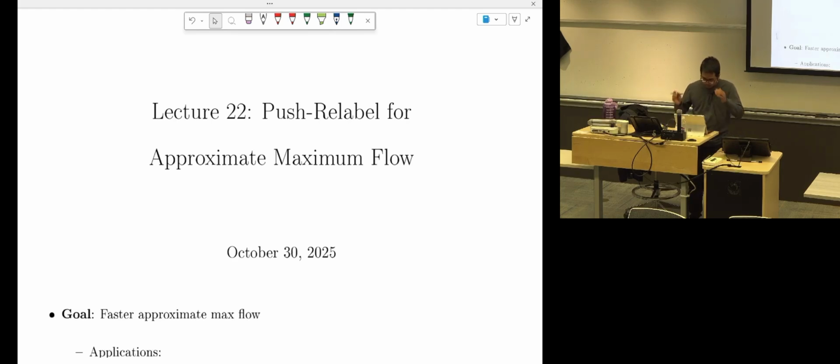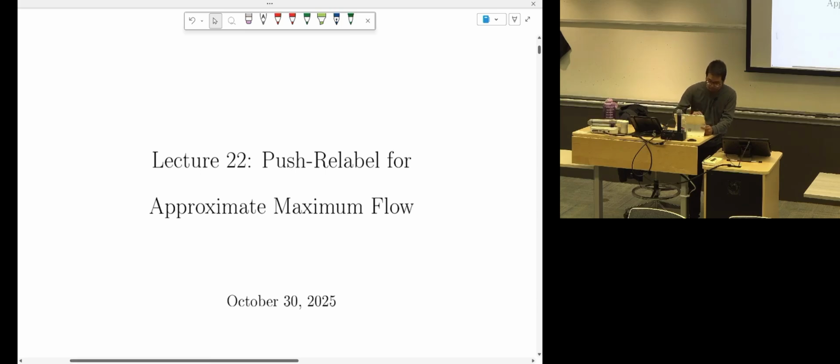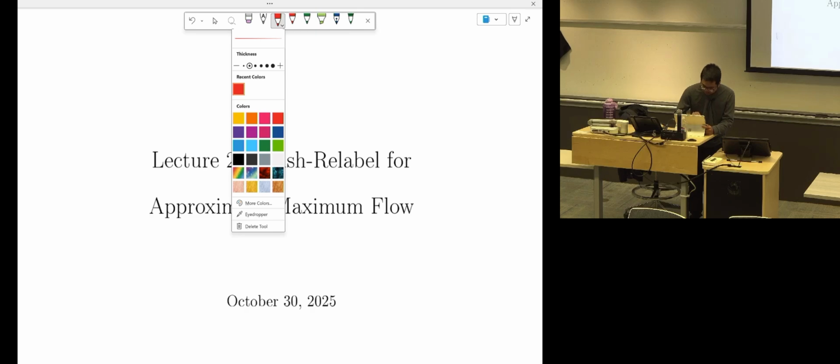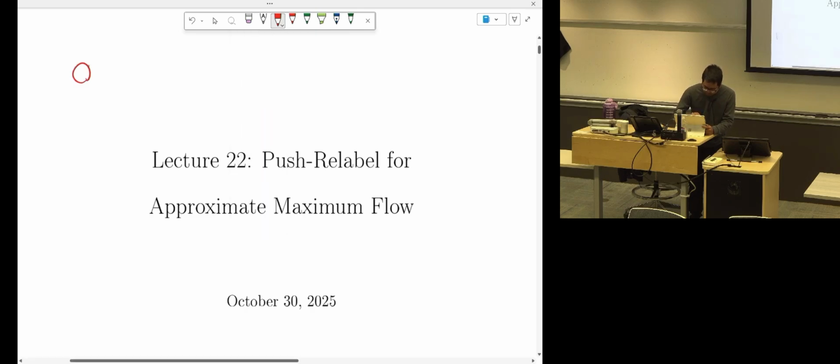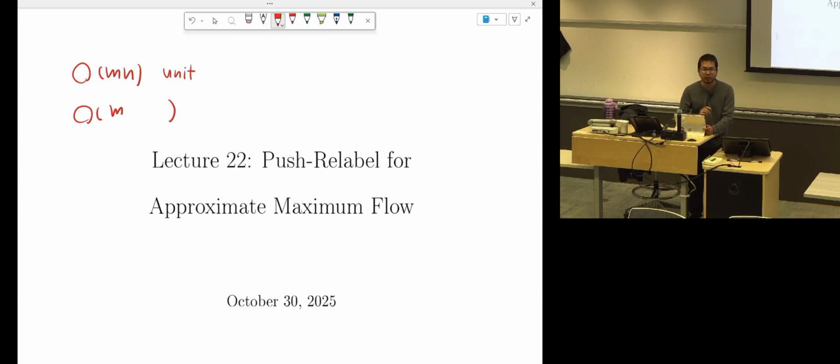So last time, what did we do? We basically showed how to get max flow using the push-relabel algorithm, right? It has this kind of running time, mn, on unit capacity graphs. And what about capacitated graphs? What's the running time? mn,